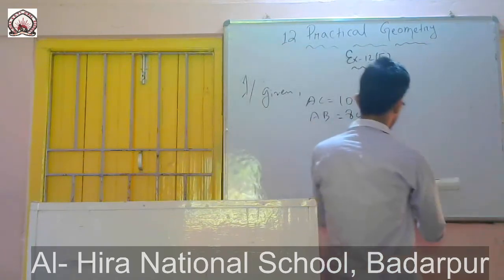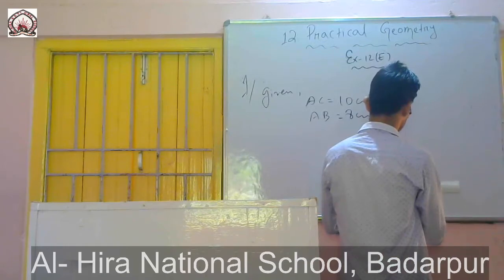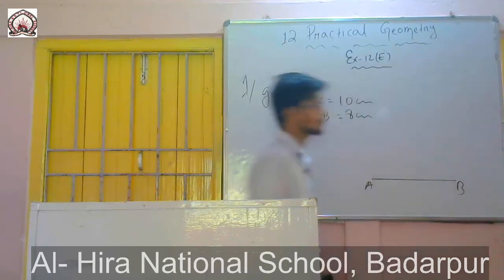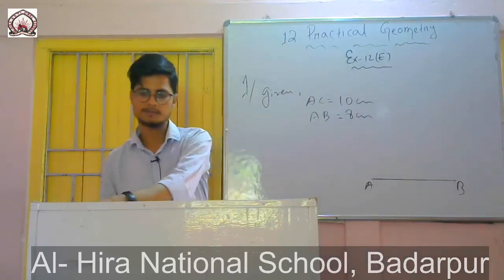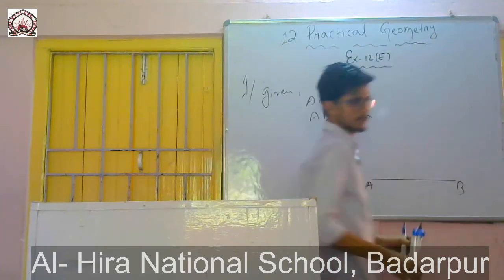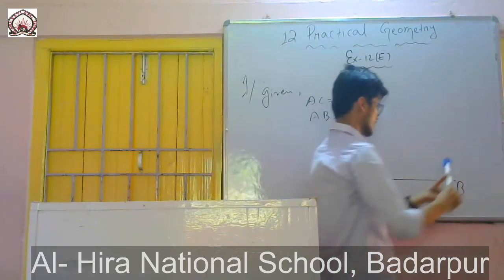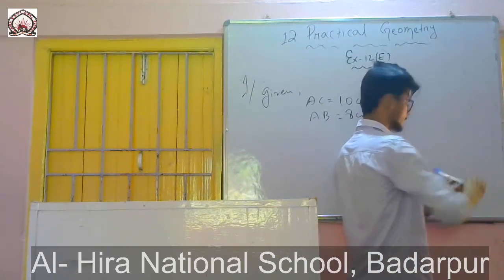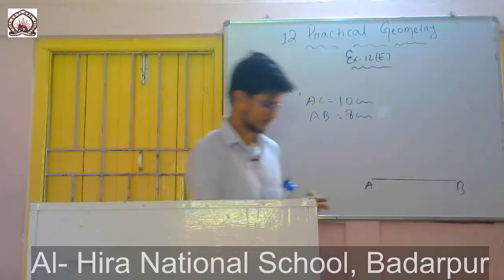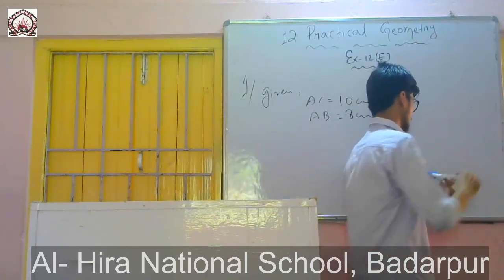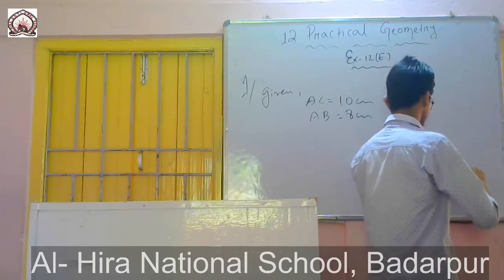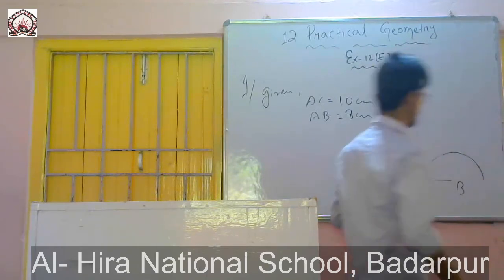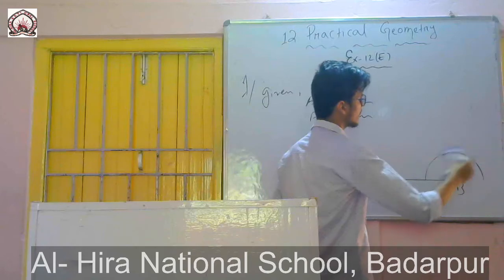So first of all I will draw angle B. So AB. At this point I have to draw the right angle. We will not use a protractor for finding this 90-degree angle. You will use the compass. First of all I will put the needle of the compass at point B, and I will draw an arc like this. Okay, so put the needle of the compass at point B and draw an arc.